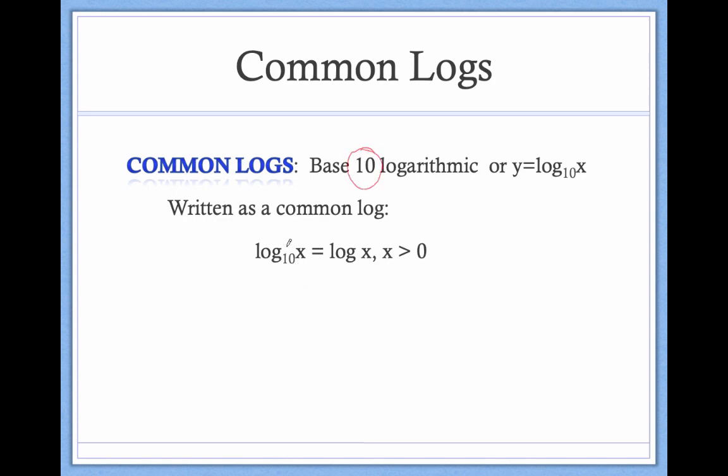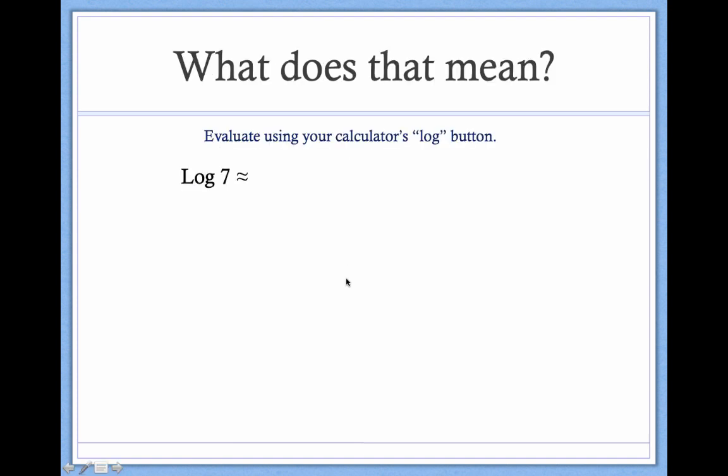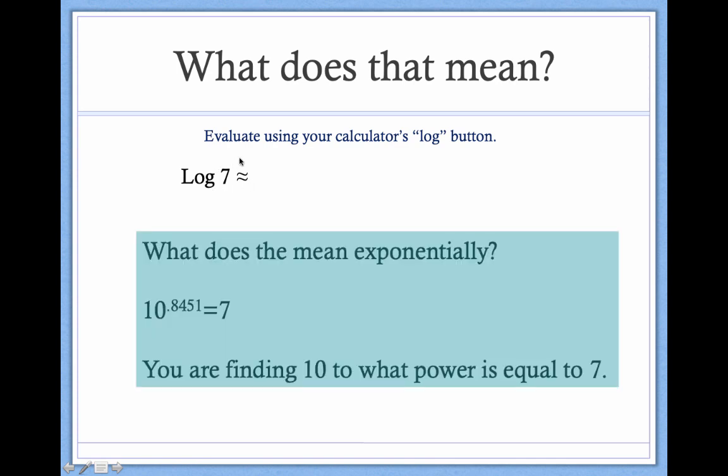Okay, so far we've had a lot of different bases. Whenever you see a log written with nothing in it, it has to have a 10. A log without a base is log base 10, and that's the one that you see on the front of your calculator. If you look at your calculator on the left hand side, right next to the number 7, it just says log, and when you type log 7,